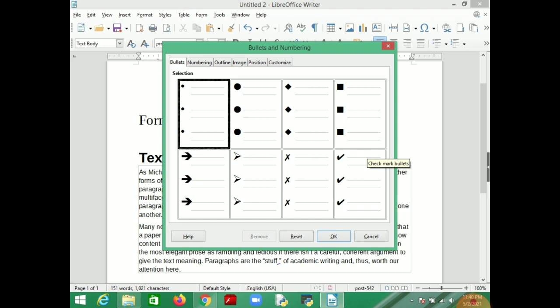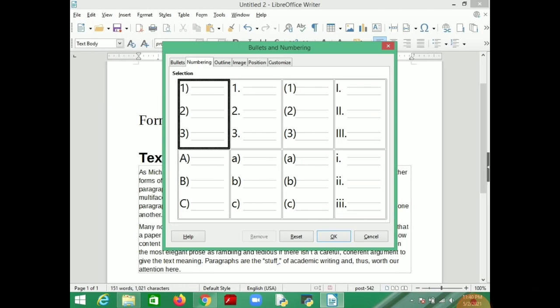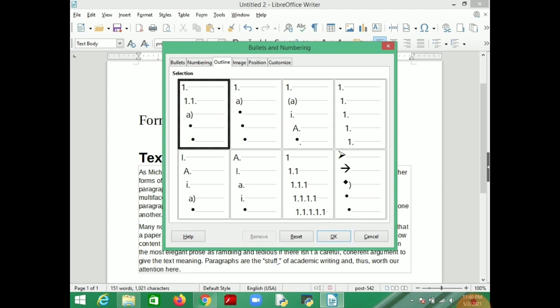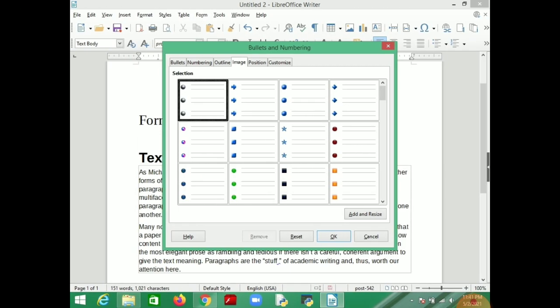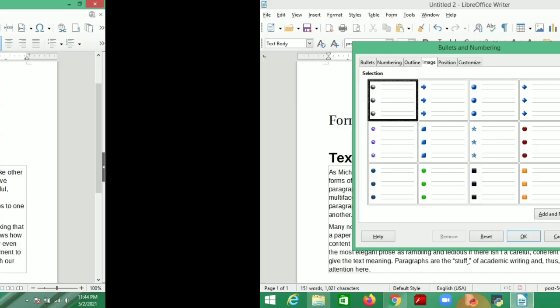That particular bulleting style will be selected. If you want numbers with different styles, you can click on Numbering, then select whatever you want and press OK. If you want an outline, where inside 1 you have 1.1 and inside that you have a, then you can use Outline. If you want images for numbering to make bullets, then you can use Image.